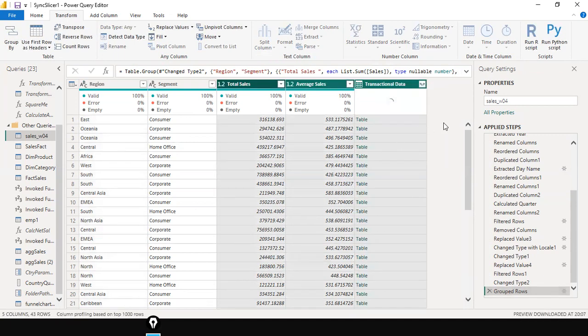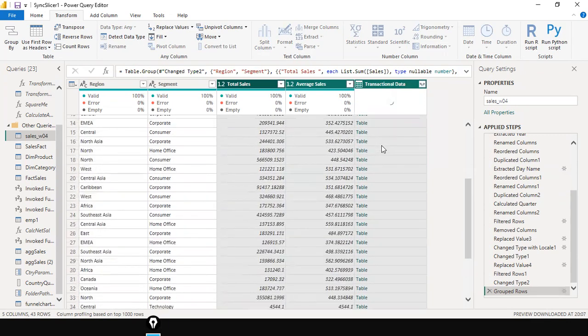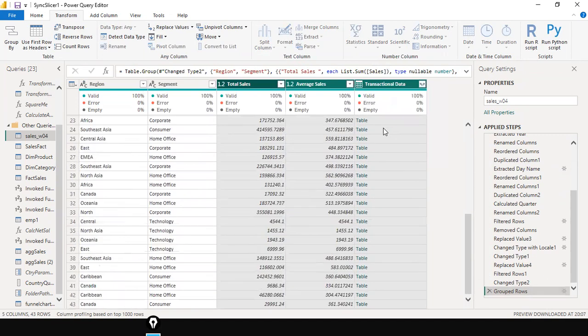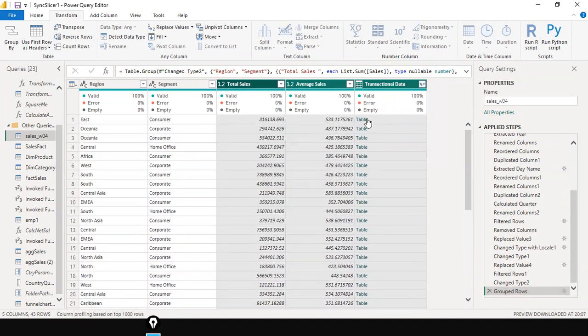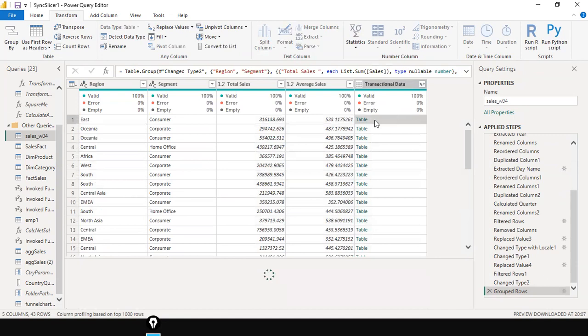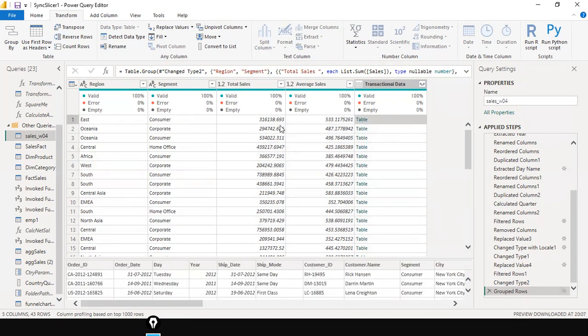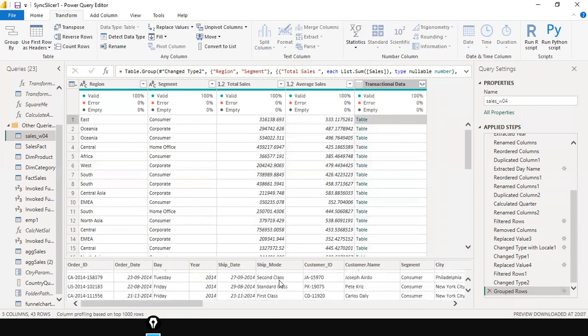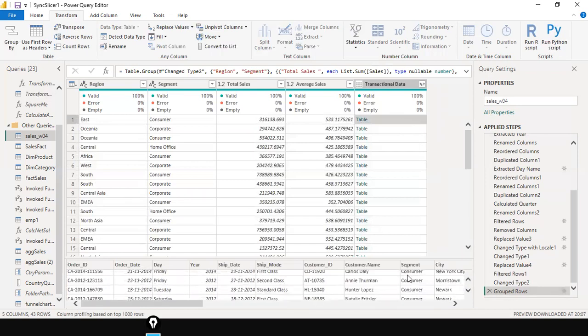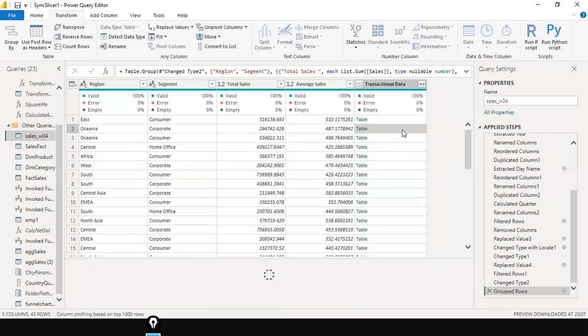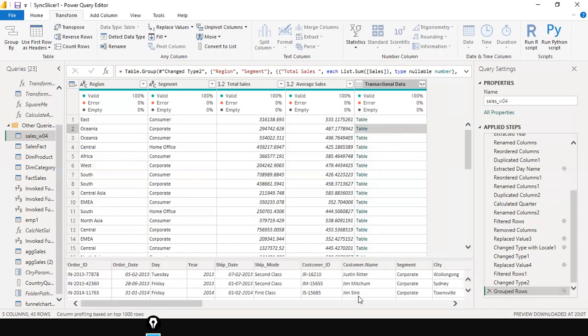Since I have used all rows, you can see in this column the table, from the beginning till the end. And if you click somewhere next to the table, not on top of the table, on the empty space, it will give you for this record, the combination of East and consumer, how many records are there. Look here, many records are there, right? Similarly, when you keep the cursor over here, it shows the records that belong to Oceania,